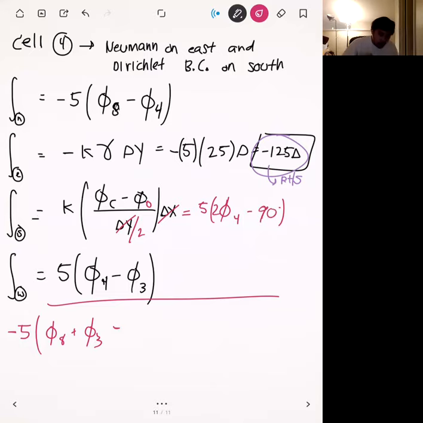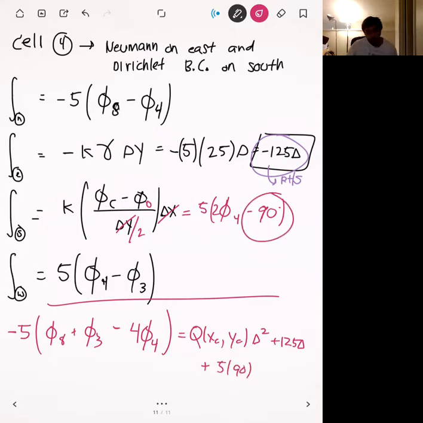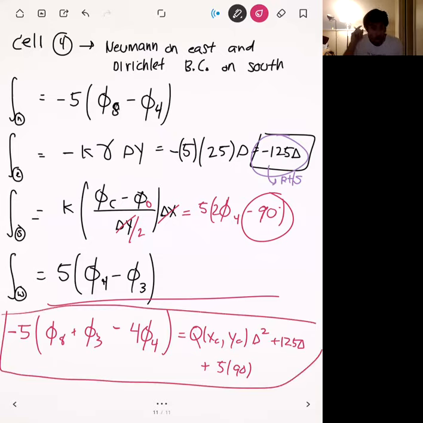So this would be a minus 4 phi 4, and this is equal to q at xc, yc, delta squared, plus 125 delta, plus 5 times 90, which is from this guy right here. All right, and so there's 3 examples for how to apply this 4 integral method to solve your 2D finite